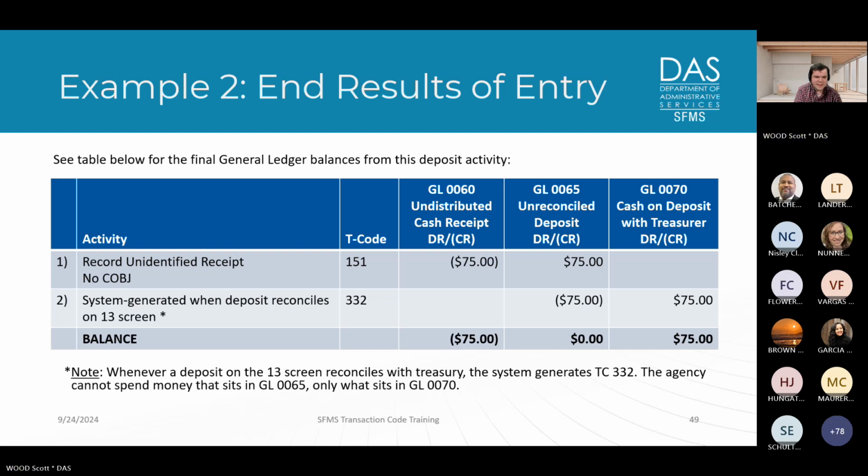At the end of the day, our results moved the amount from unreconciled deposit to cash on deposit with Treasury while still leaving it in this undistributed cash receipt. We now know how to move deposits from unreconciled deposit into cash without knowing the exact details of the cash source. This will be a very helpful tool for everyone. However,